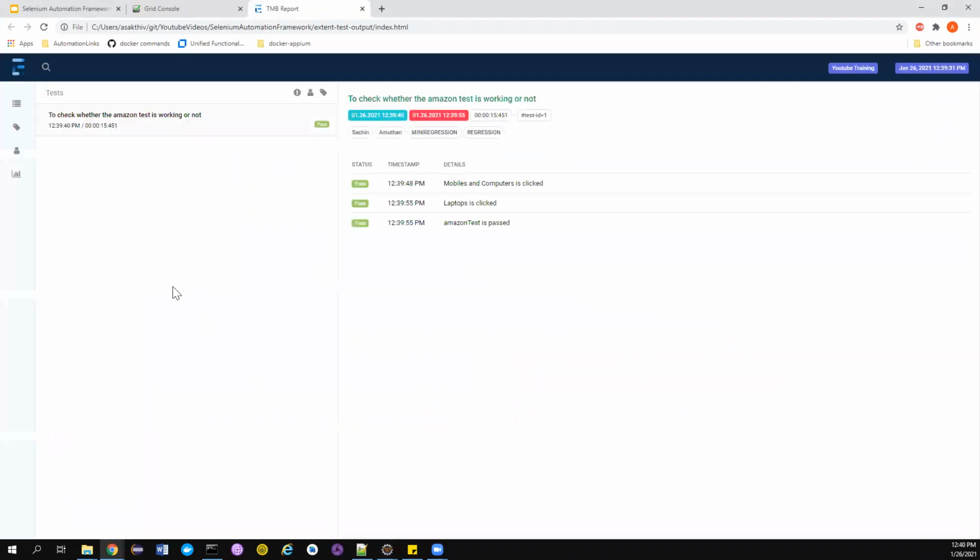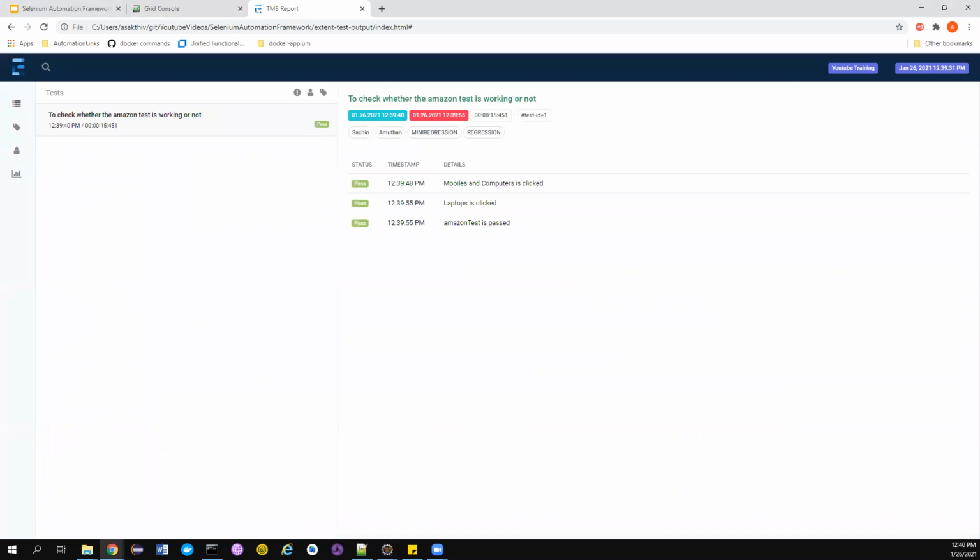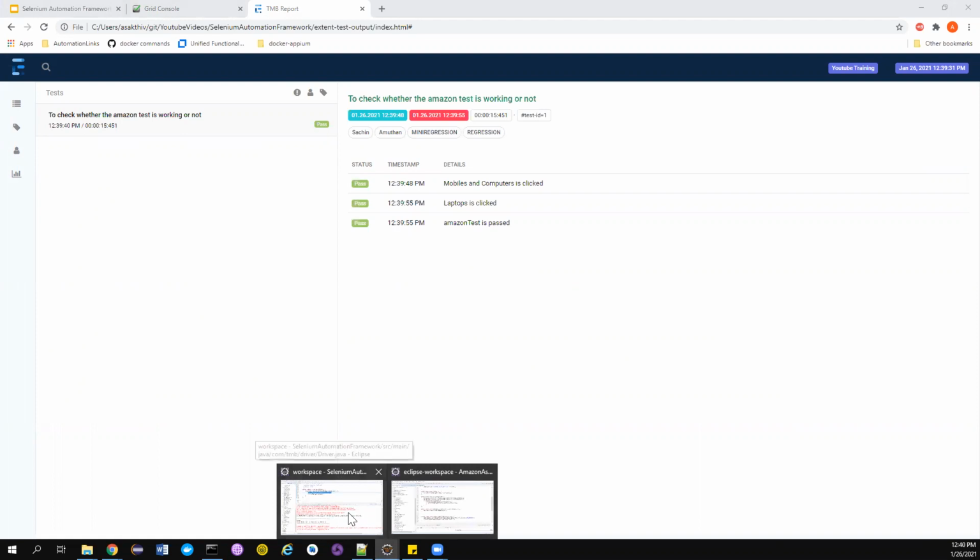This is almost the same. The report, if you notice, is the same as the report that we ran in our own physical machine, right? Everything looks the same. There is no difference. So this is the advantage, right? The same thing we can run in parallel as well. We can run the whole setup in parallel as well.